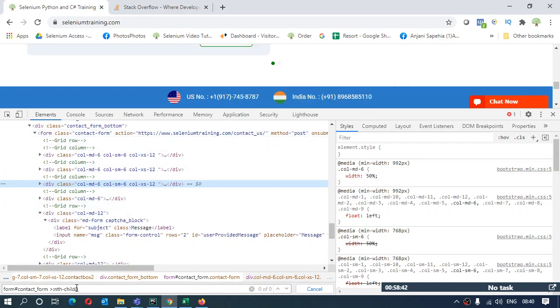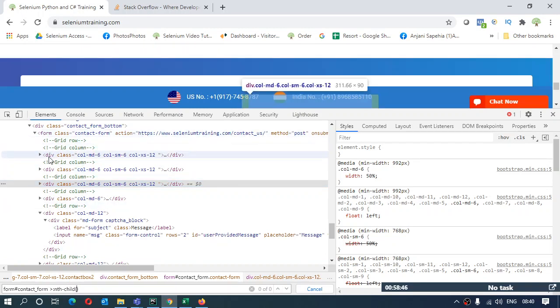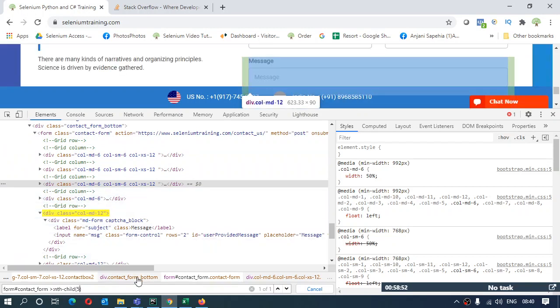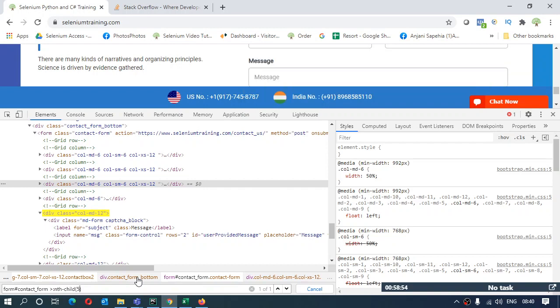Over here, what I am interested in is the 1, 2, 3, 4, 5. So I can give 5 over here, where I reached the fifth tag itself.